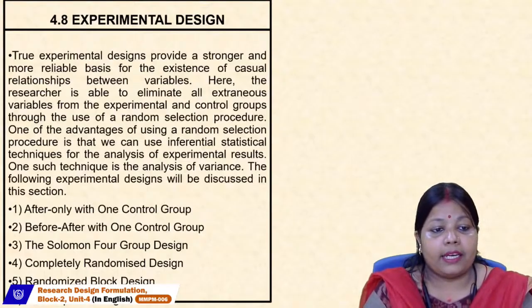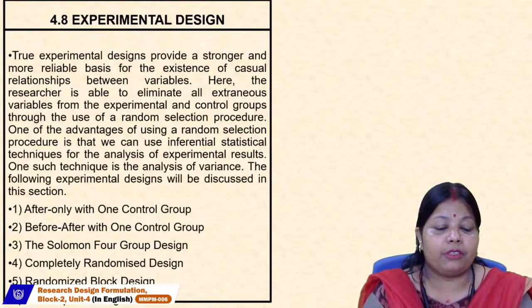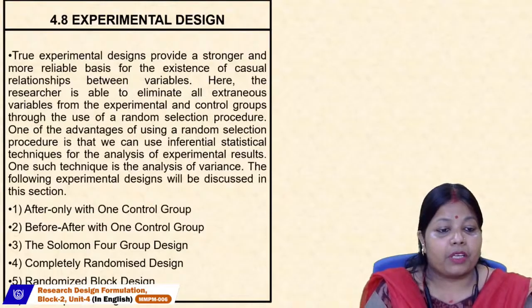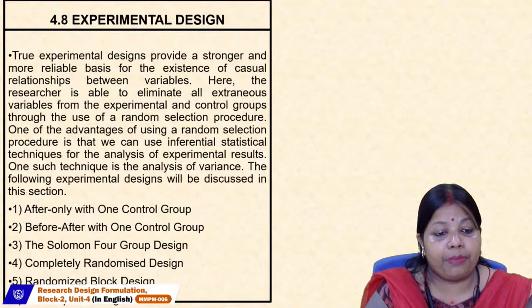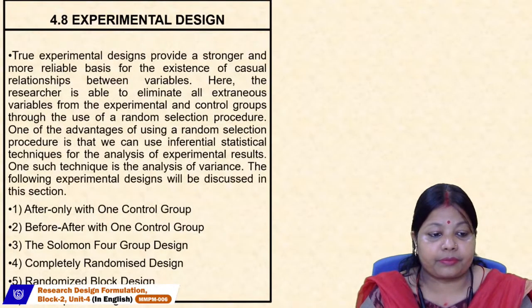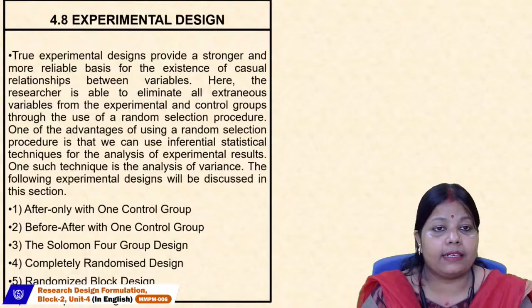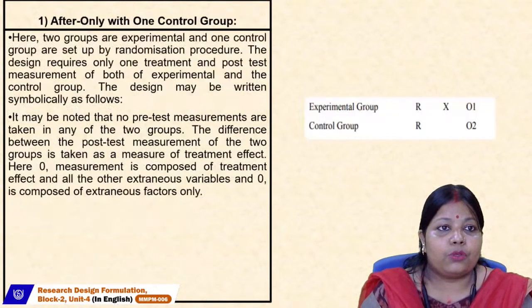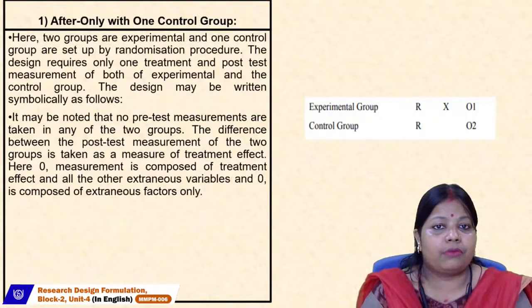It also contains after only with one control group, before after with one control group, the Solomon 4 group design, the fourth one is completely randomized design, then the fifth one is randomized block design, which is known as RBD, then Latin square design, which is known as LSD. Under experimental design, there are 6 designs coming under that. So discussing the after only with one control group,